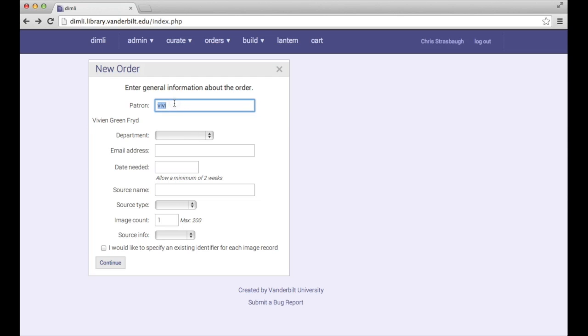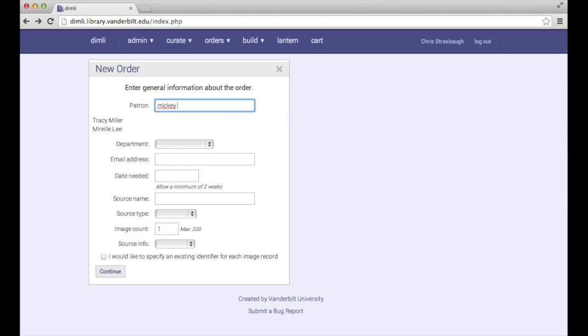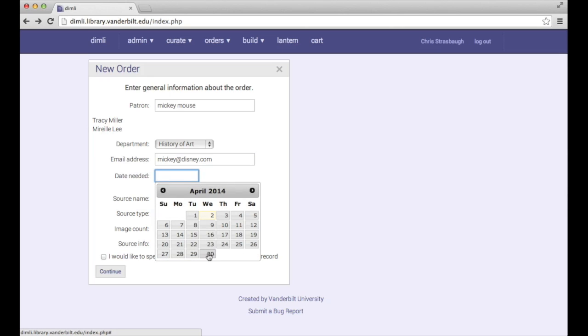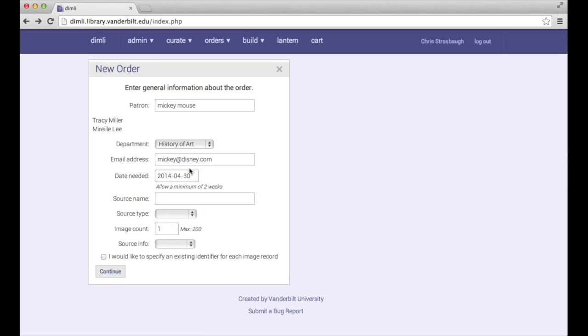However, in the case of this, I'm going to say it is a new person. Mickey Mouse is the person who requested. They're from History of Art. Mickey at Disney.com. Mickey Mouse is fantastic. He's giving us a full month to be able to work, and it is from the Disney's Greatest Hits, which